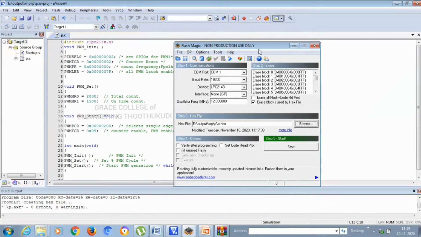Now we can see the output by changing switch 26 from the downloading mode to the execution mode. While seeing the output we have to check whether the connections are given properly and whether the switch is in the programming mode, that is downward position. After downloading the kit, when we want to see the output in the CRO we have to make switch 26 in the execution mode, that is in upward position, and click reset button. Now you can view the output in the CRO.